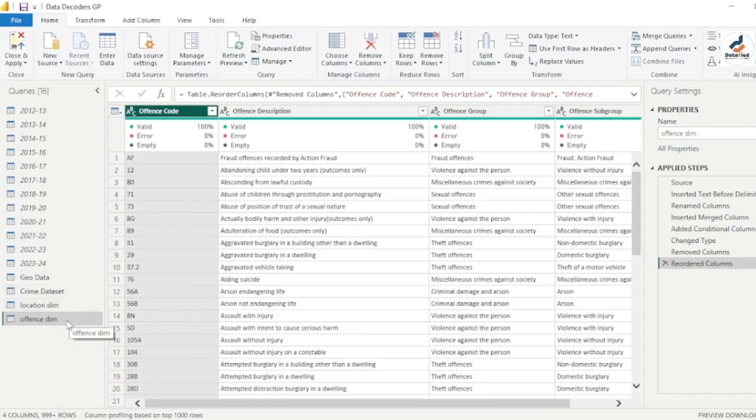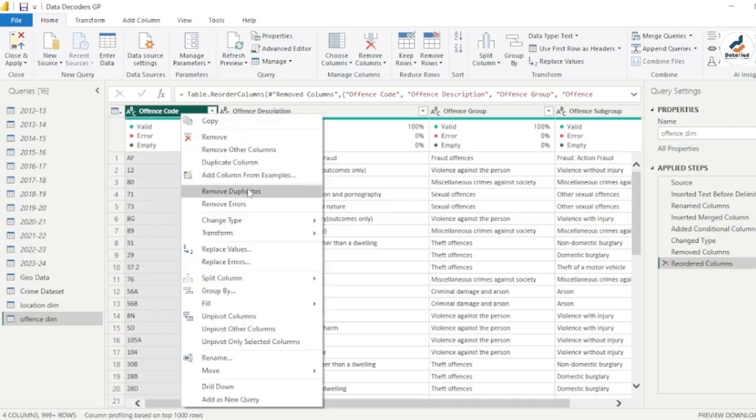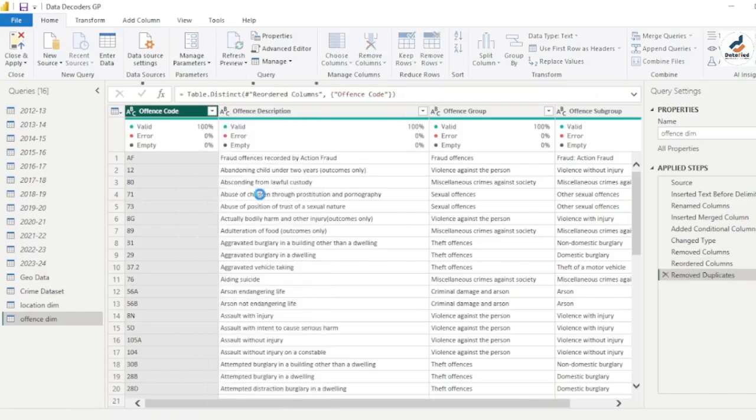But when you're trying to create a dimension table that speaks to offense, all records must be unique, right? If an offense code is AF, it must be AF once. We don't want to see AF repeated again, right? So to do that, we come to our offense code, right click, and then remove duplicates. This is the second method, right? Once I click on remove duplicates,